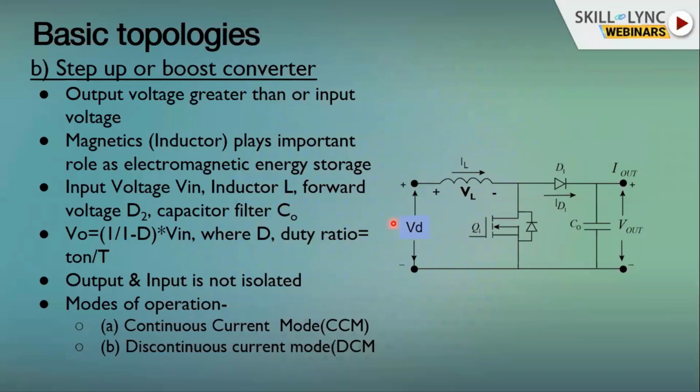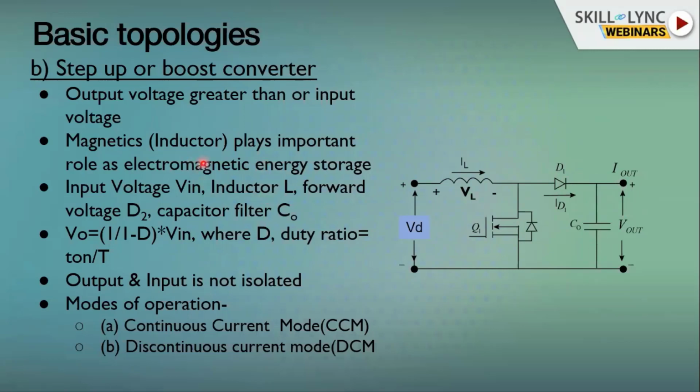With circuit arrangements, we can also step up the DC voltage from input to output, and that is called a boost converter. On the right side, there is a circuit arrangement of a boost converter where the inductor comes into the picture at the input side, and this inductor is a really high value inductor. The semiconductor switch, that is the MOSFET, comes here, and then there is the output freewheeling diode, in this case called the forward diode. It is connected at the output with a filter capacitor to smoothen the DC voltage at the output.